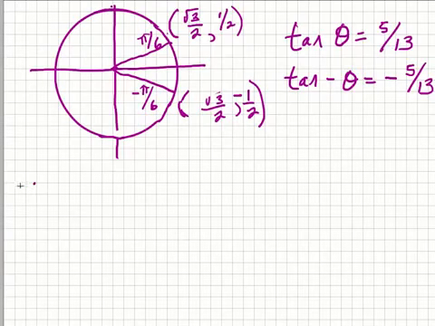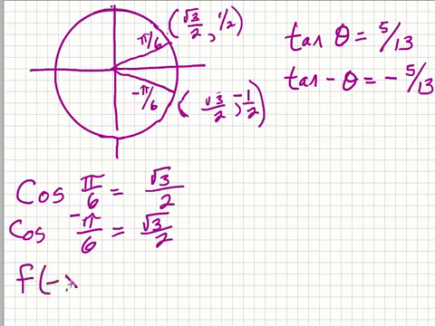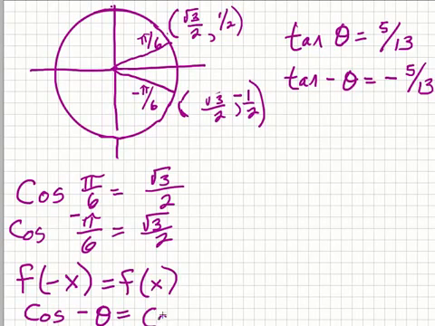Now let's consider cosine. If we look at cosine of pi over 6, square root of 3 over 2, and cosine of negative pi over 6, well, that's also the square root of 3 over 2. In other words, by changing the sign of the input, we did not change the output at all. This is what we call an even function, where changing the input sign does not change the output. Or in terms of trig functions, cosine of the opposite of theta is going to be the same as cosine of theta. And this turns out to be the case for any of the trig functions that depend only on